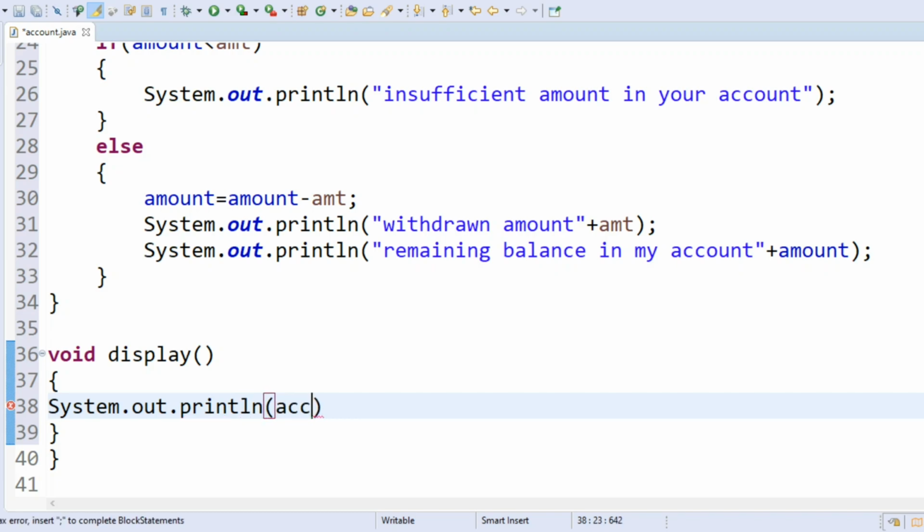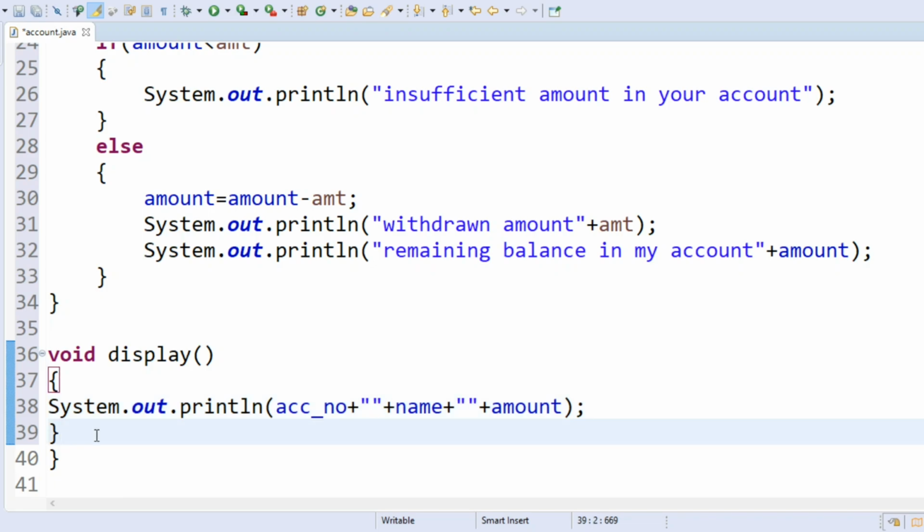First, account number. After that, the account name. After that, the amount. Okay, I think you understood it. After that, close off your void display method.